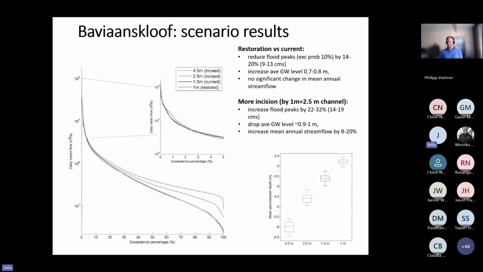What might have been more surprising in a way is that the increased incision increased predicted flood peaks as we'd expect, but it dropped the groundwater level, and it actually was predicted to increase the mean annual stream flow by quite a bit. Part of this was because the ET was predicted to go down when the groundwater table went down. So that's an issue of how root depth is put into the model and what would actually happen. We thought we'd accounted for that because we put a root depth all the way down the 20 meters, but there is a drop off in the access to the water with depth